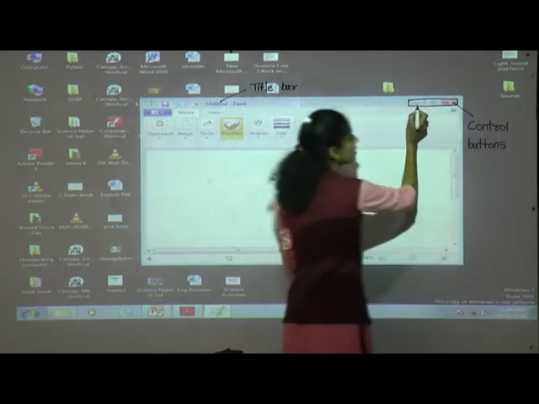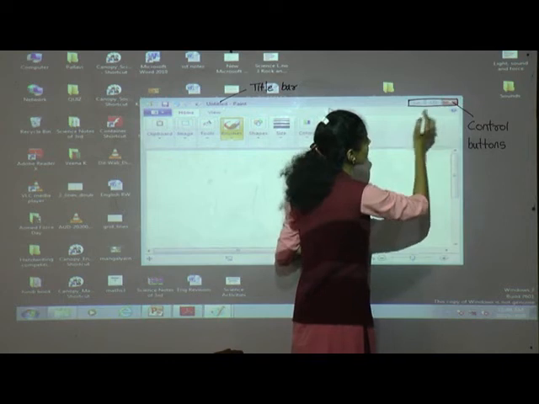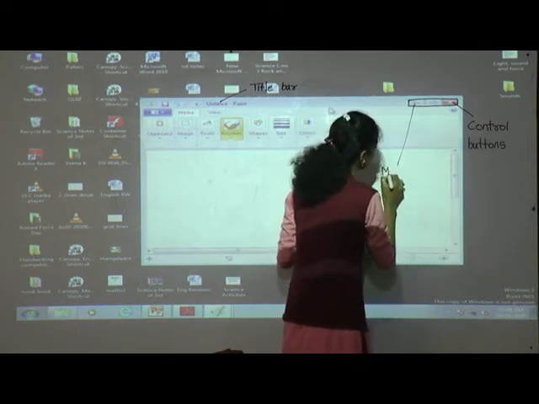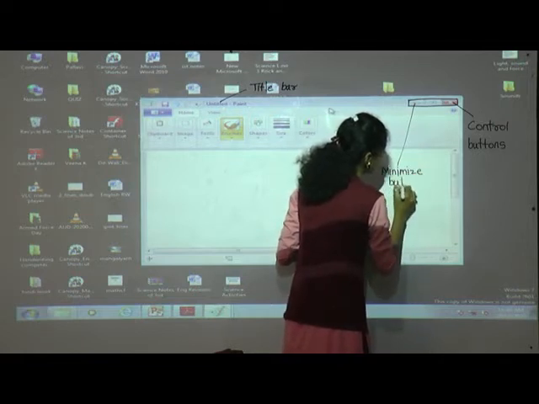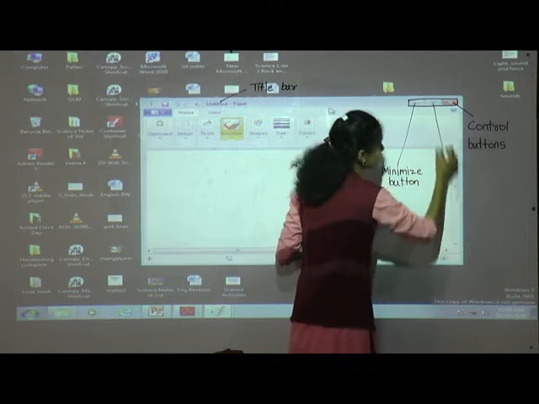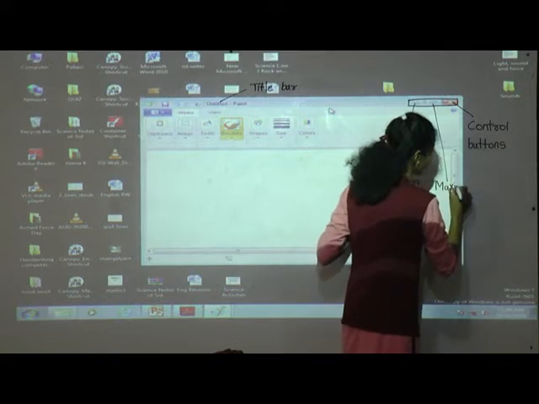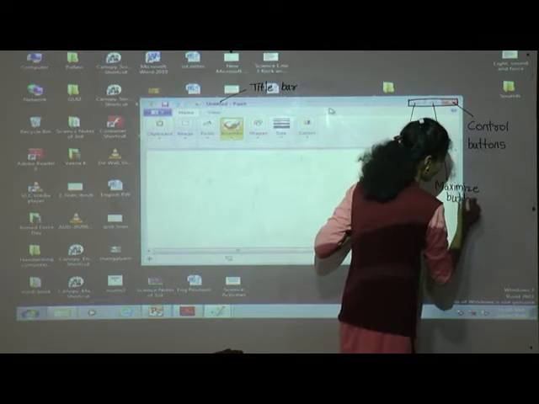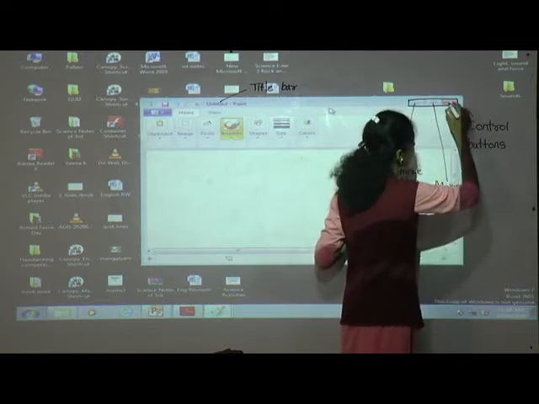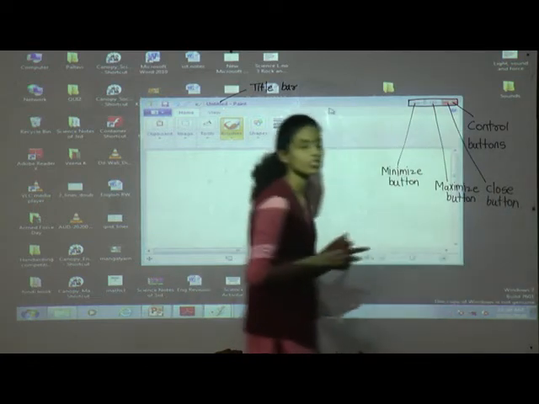In that, the first one is the minimize button, the second one is the maximize button and the third one is the close button. What is the use of these 3 buttons?